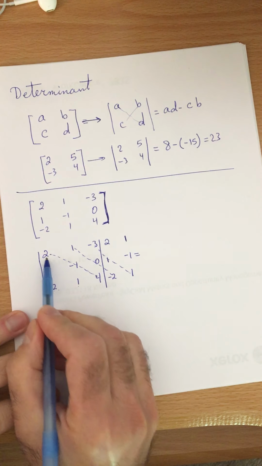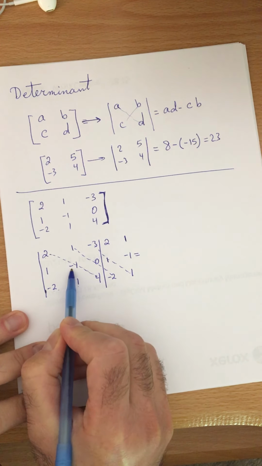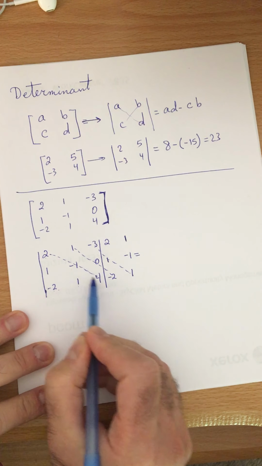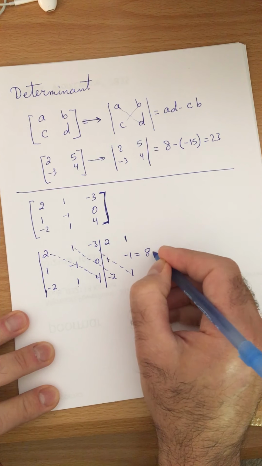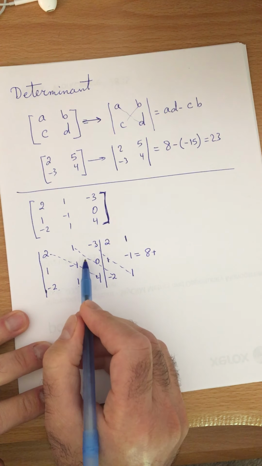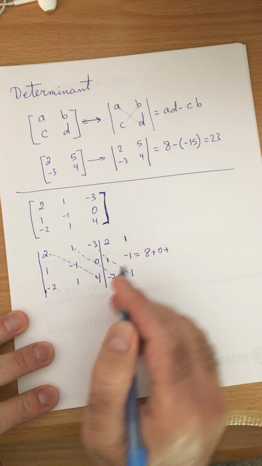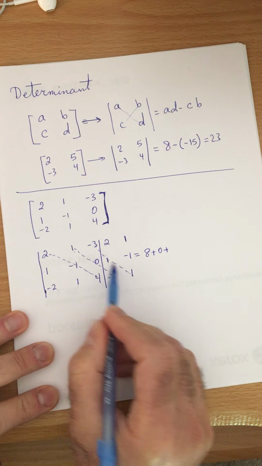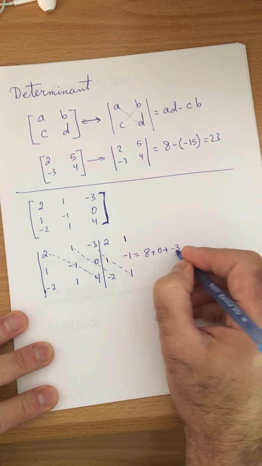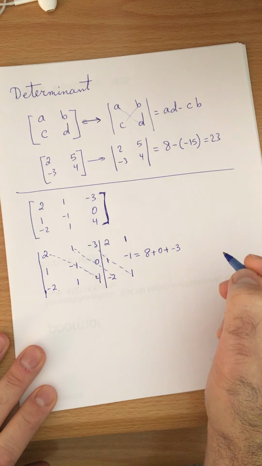So we have 2 times -1 times 4, so that's -2 times 4, that's an 8. Plus, you add these, the more zeros you have, the luckier you are, because 1 times 0 times -2 is a 0, plus -3 times 1 times 1, that's -3. Okay? Minus,